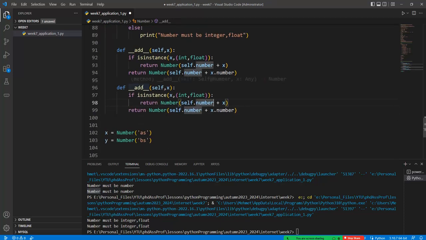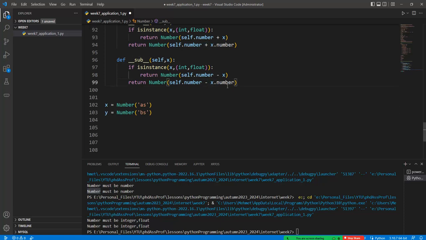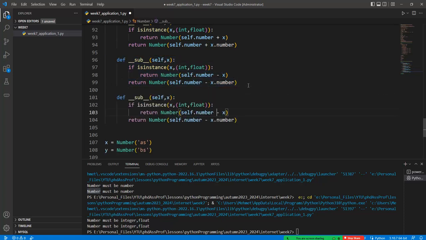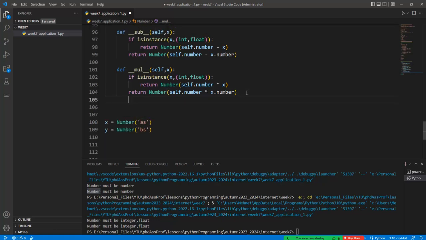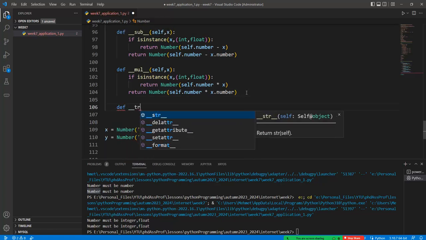With the same analogy, we can give the sub here, and also we can give the mul, and times can be given. Okay, and after that we can also give the